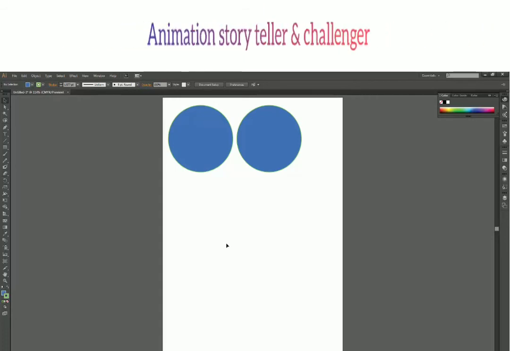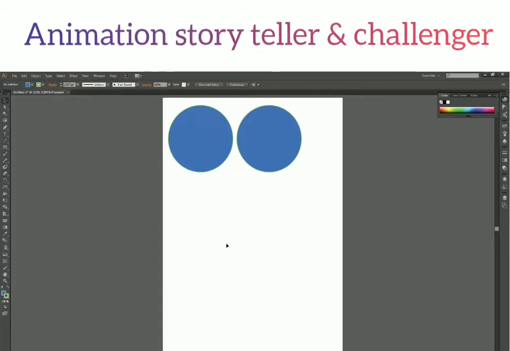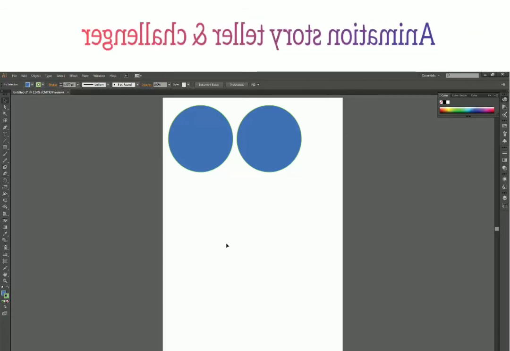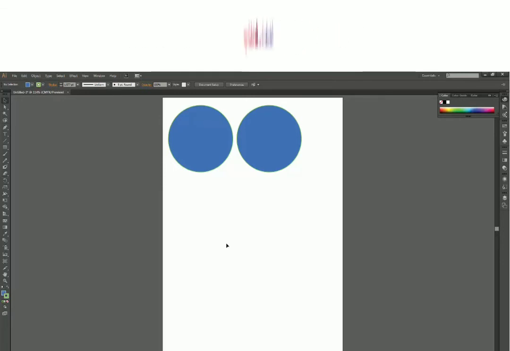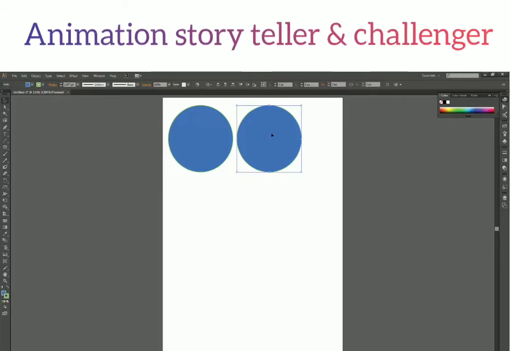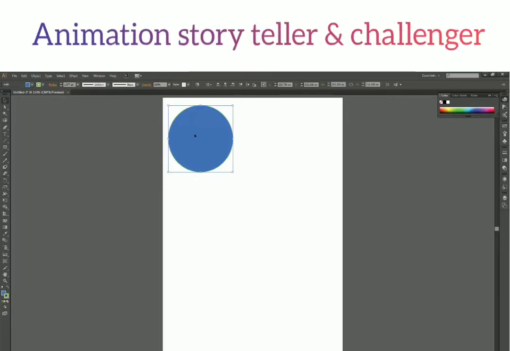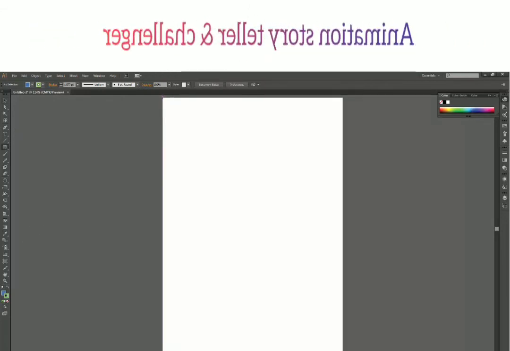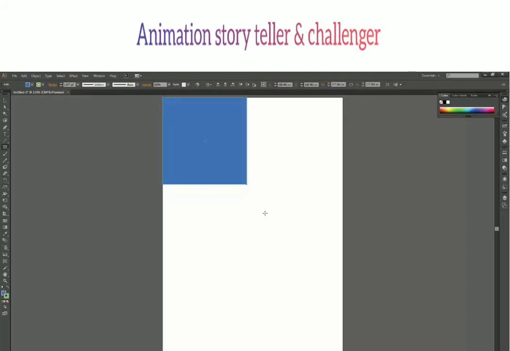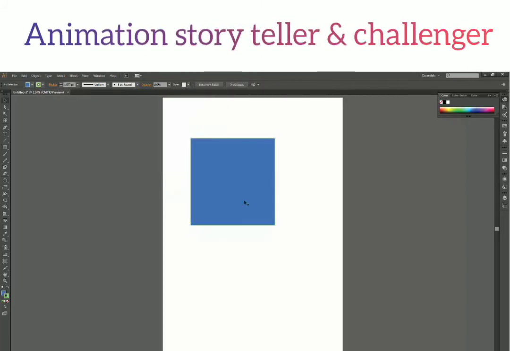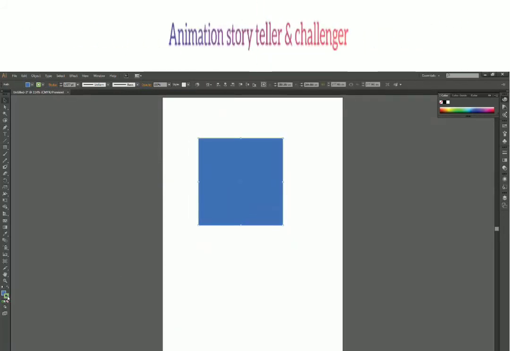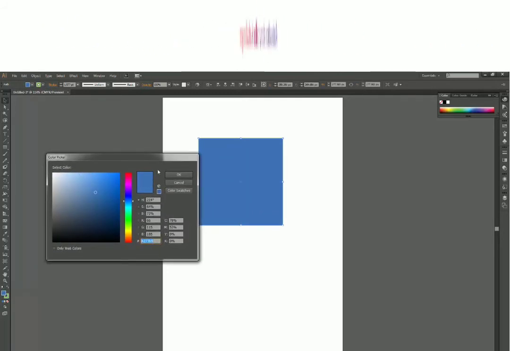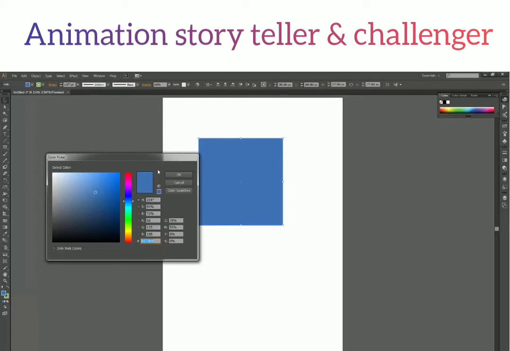Just keep learning, and over time you will be very proficient with all this, and you won't even notice that you are putting effort into thinking about how it is working. It will just be automatic. So I'm just going to select this shape and delete, and select this shape and delete. And let's see some of the color options we have with us. I just created a square, and here we have the color picker. I'm going to cover a few things about this color picker right now.